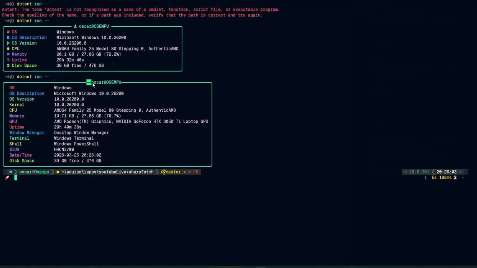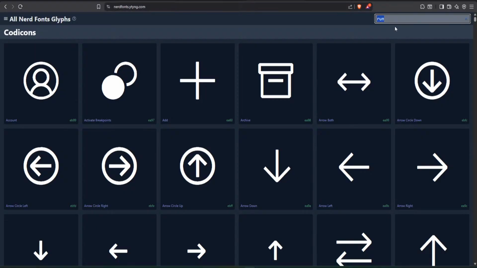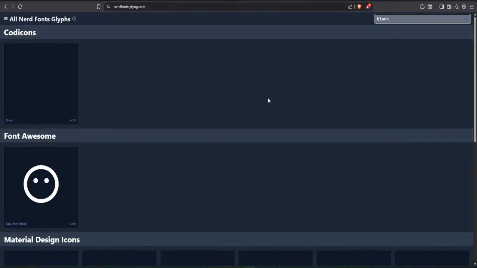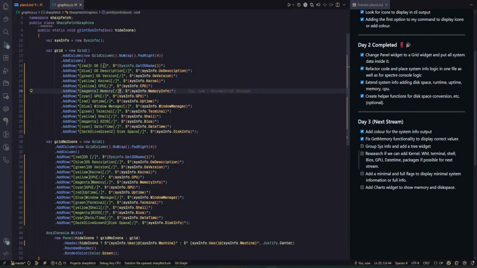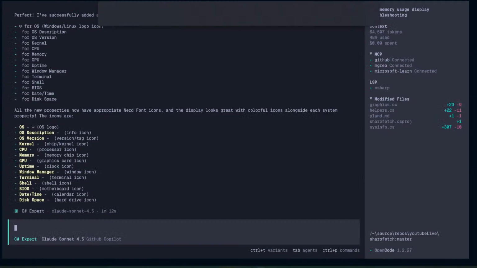Also, yeah, it removed the icons from here. The space you were looking at was not a blank space. It was actually an icon that I got from here. I think I typed something like blank, and we get this blank space. So far, you can see it is trying to actually add it here. Let's see, maybe it didn't have